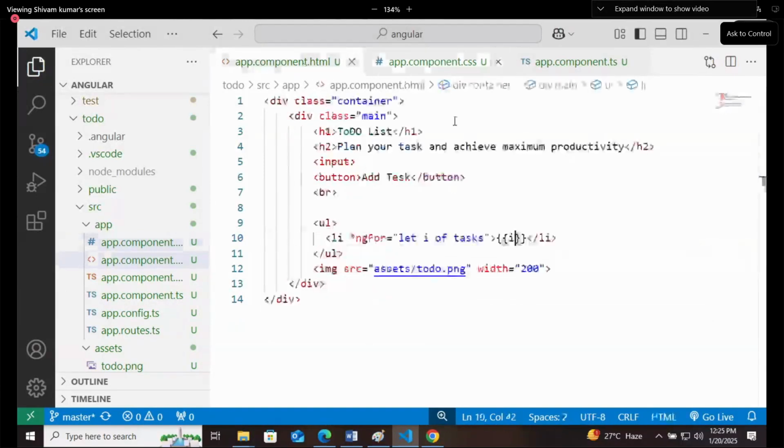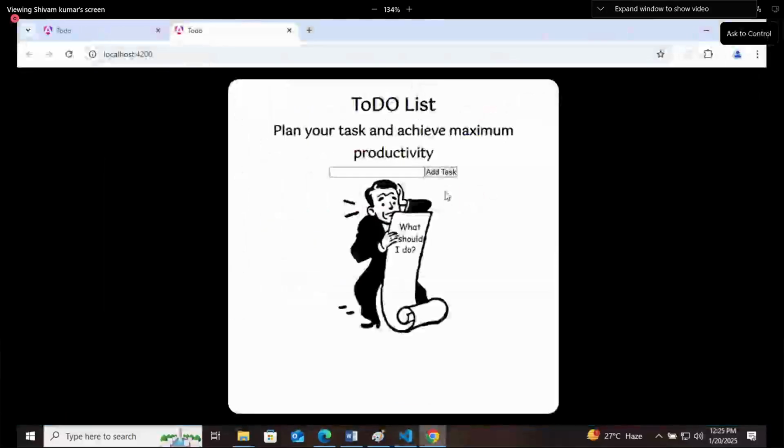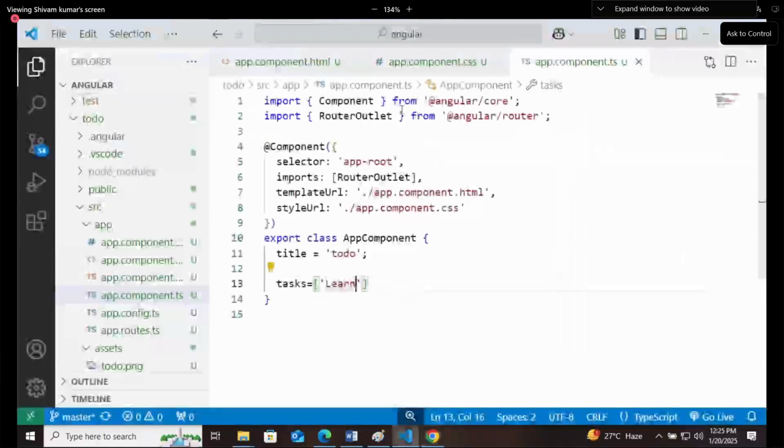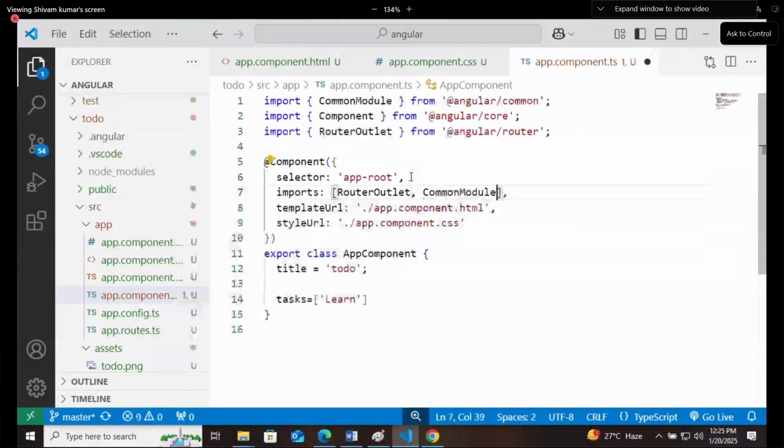And in task, let me write one static value. So I will write learn. You need to import common modules, or directly you can import ngFor here. So now it is building again.